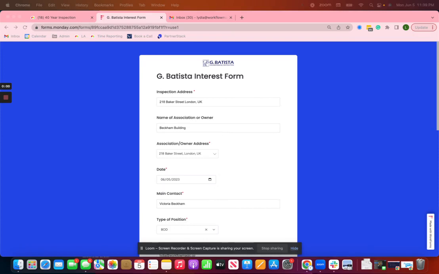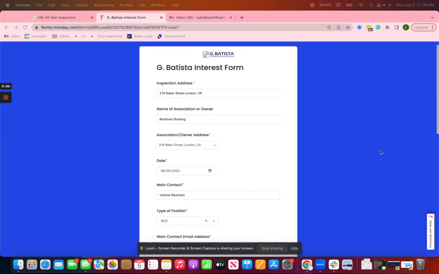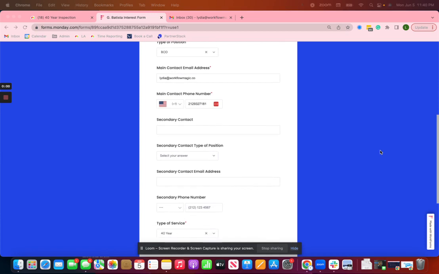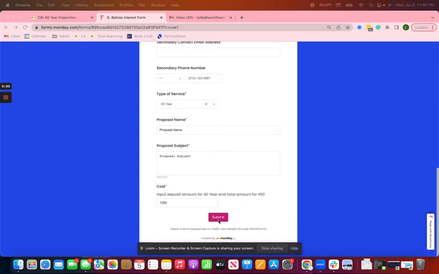And today I'm going to walk you through a workflow that we built out for our clients that automates their proposal process, automates their contract process, and automates their invoicing process. So the workflow begins with a form right here that's preset with all the contact information and information about the proposal. So we'll go here and press submit,